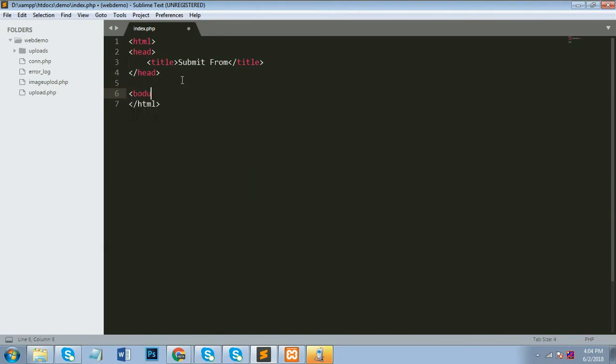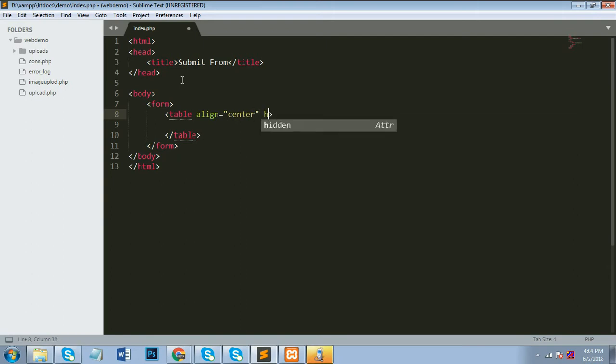Now I will create a simple form with some fields that we have to insert into the database. So this is a simple form which I prepare with a table. I will give some more CSS so it looks better. I will give the height 500 pixel. Okay. Now I give the width of the table 400 pixel